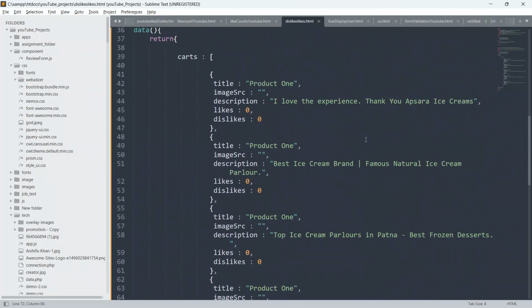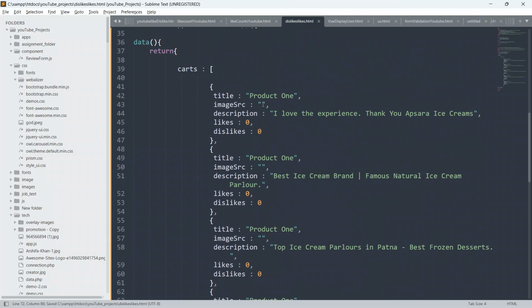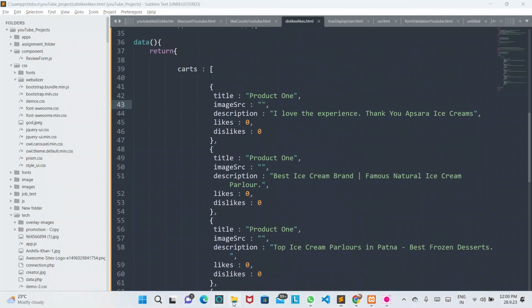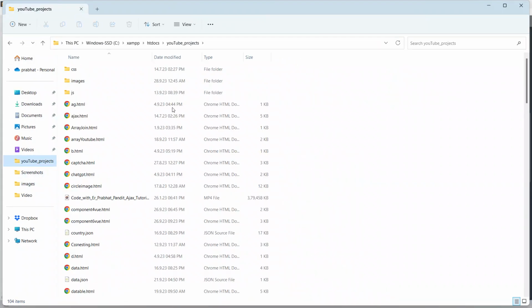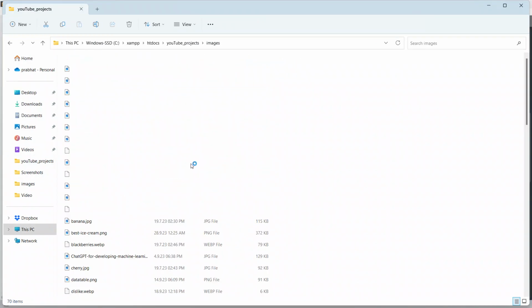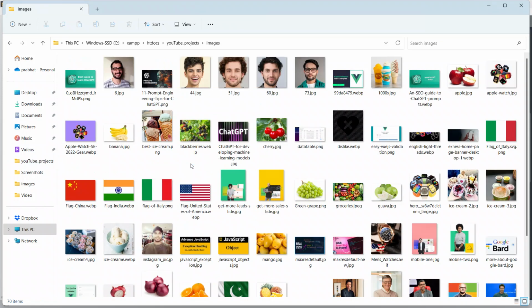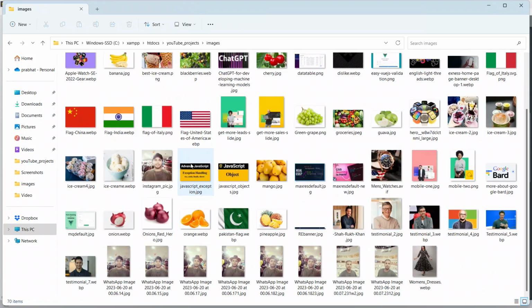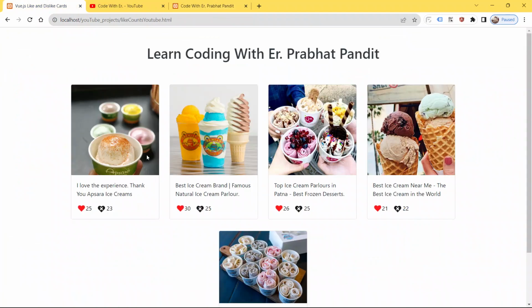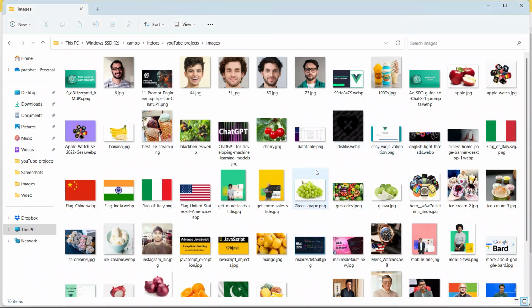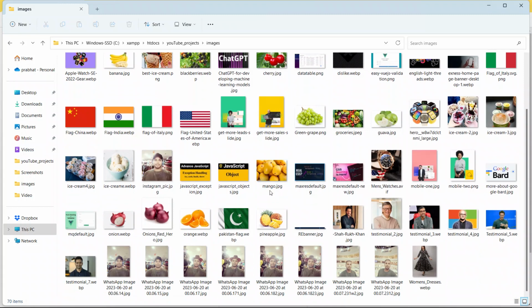Okay, so guys, now I will define the image src. So just go to the folder where I have pasted some of the images for this project. Go to the images folder, and guys, here you can see I have got the images. From here only we will define our image path, the src path I mean. So just go here and see which image. So this and this. Just copy the images from here.